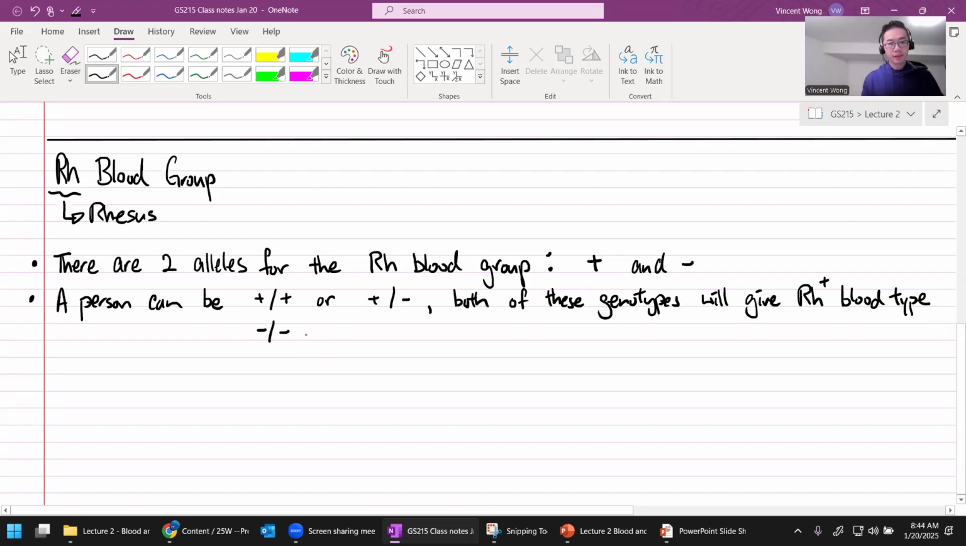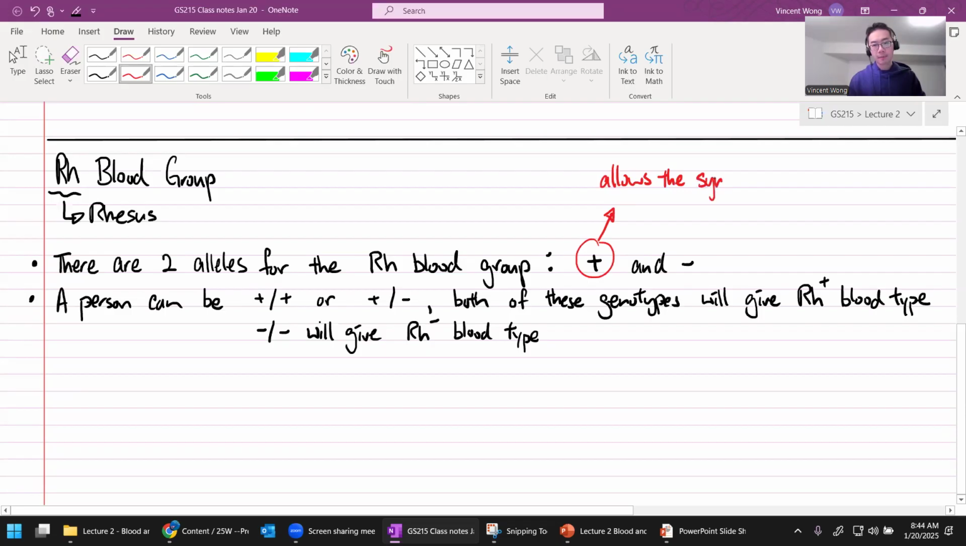Negative, negative will give Rh negative blood type. Okay. So what does it mean? Well, if a person has the positive allele, the positive allele allows